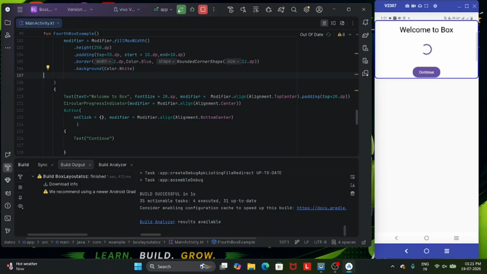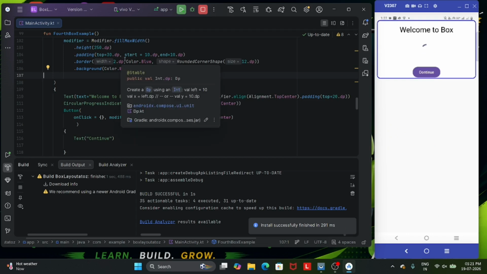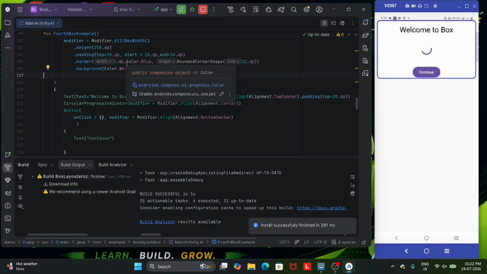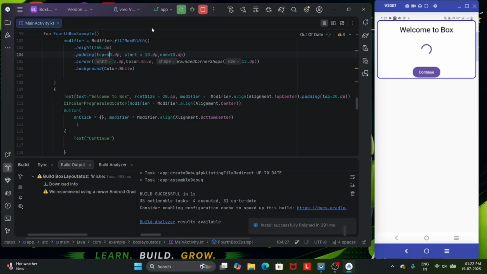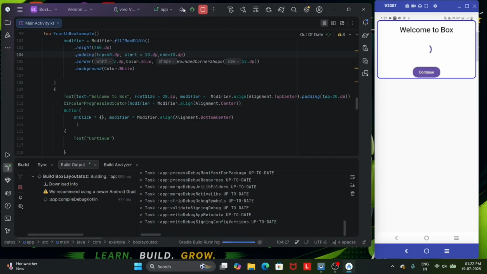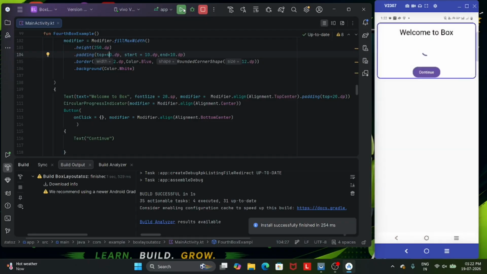So rerun it. Look like that, and then we set the padding again to 30 dp. So it looks a little bit better, and a little bit down like that. And this is our fourth example, and here we set our